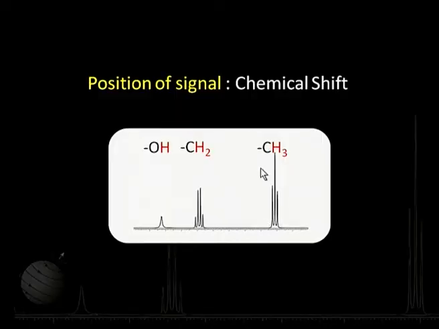Now, let us first see what is the meaning of position. Let me elaborate a little. This is a spectrum of ethanol. In ethanol, there are 3 types of protons which come at different positions, indicative of their chemical nature, because the terminal methyl proton, the methylene proton, and the proton attached to an oxygen atom are all different chemically. This is an acidic proton, this is not. So, they come at different positions. We will elaborate on this at a later stage.